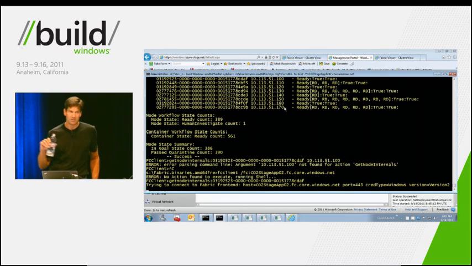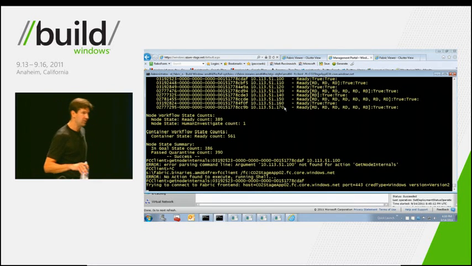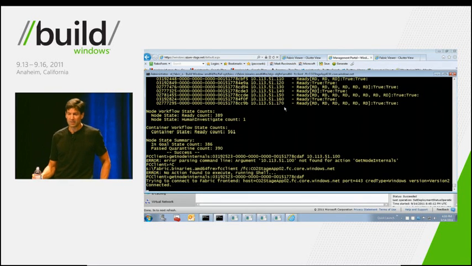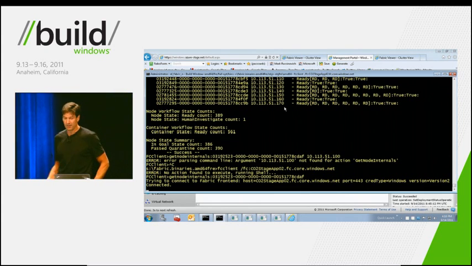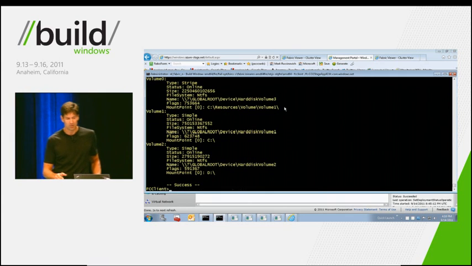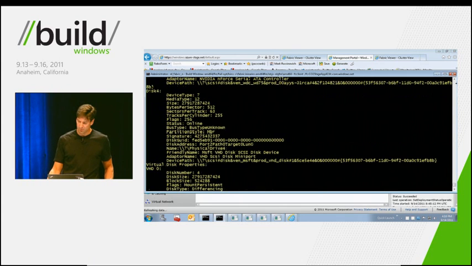And what we're going to see is the state of the node, some information about the state of the node, the IP address of the node, and the list of images in that node. And we're going to see the disk configuration of that node. We're going to see the volume configuration of that node, which are all things that the fabric controller has to know. So if I scroll back up here,